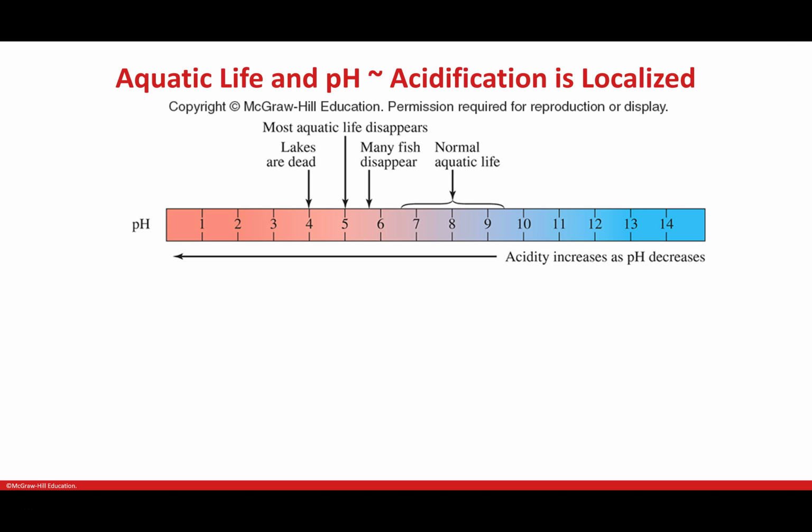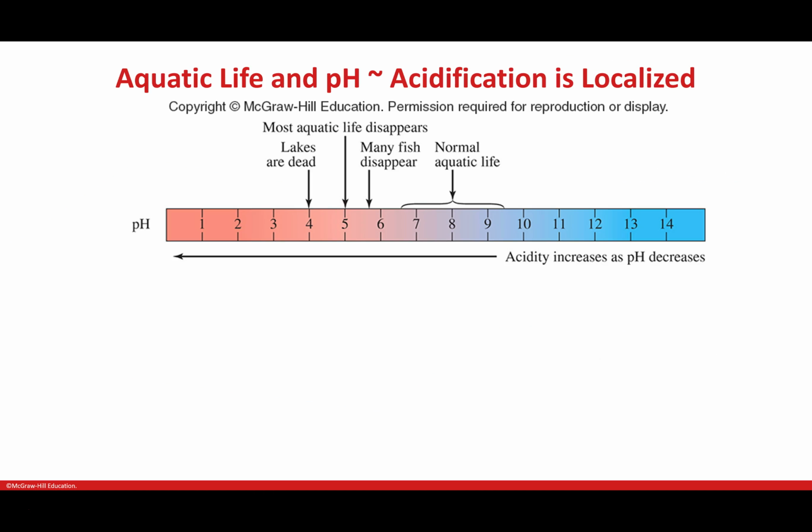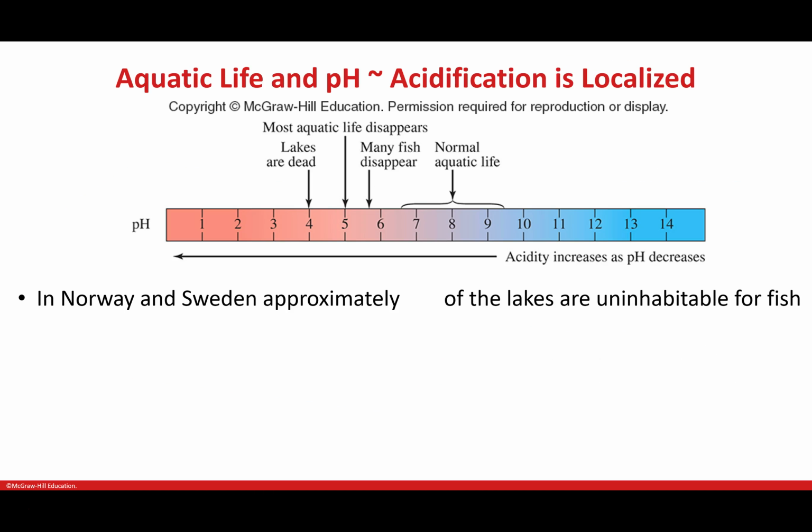pH for everything. As it turns out, you see the range there for normal aquatic life, a little bit acidic to kind of basic. And then you can see what happens from right to left as it becomes more acidic. Fish disappear. Aquatic life in general disappears, and then the lakes become dead. And I got these facts from your textbook. So, for instance,